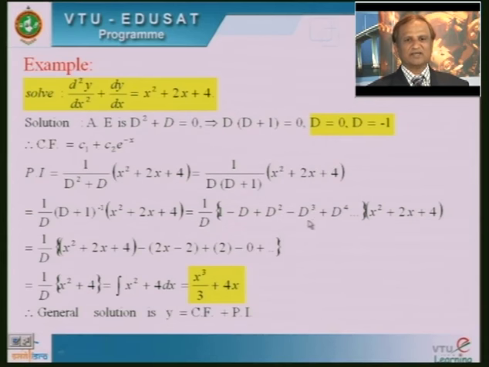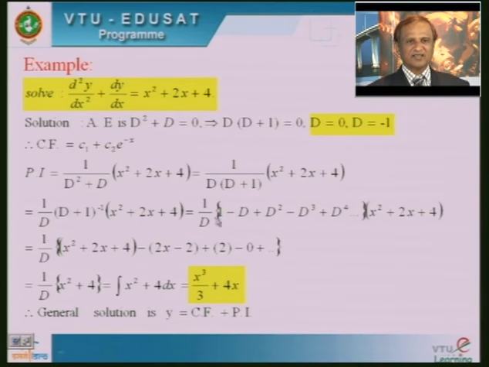Just now I have explained, when we operate D cube on x square, it becomes 0. When we operate D raised to 4 on this function, all the terms become 0. Say for example, the next term, I hope you may get D to the power 5. So, when we operate D to the power 5 on this function, it becomes 0. That is why I think the next terms are not necessary. If you want, you can write down up to D square only. Right. So, now I want to operate all these operators on this function.